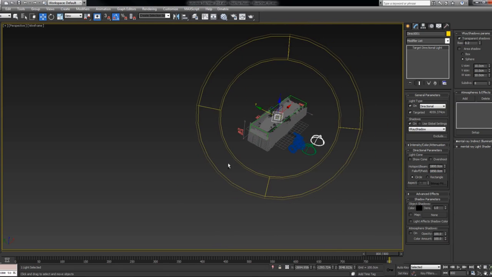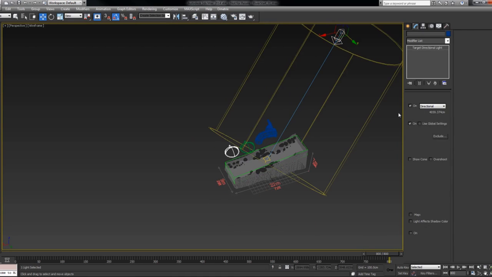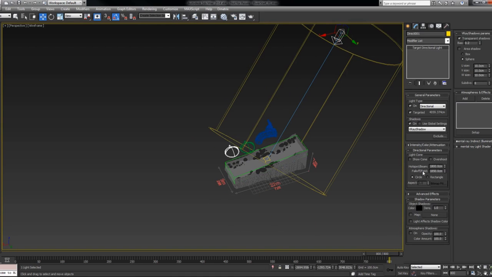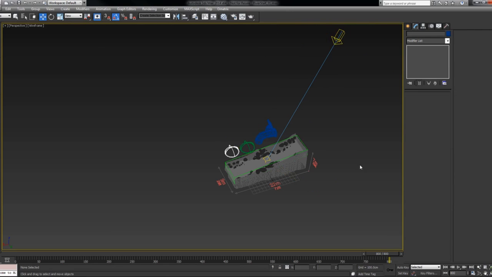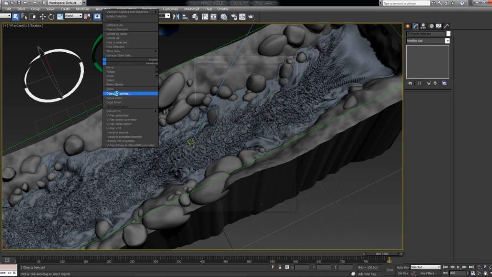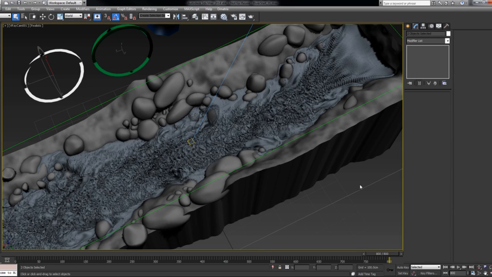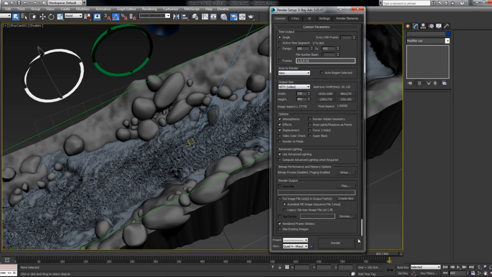Okay, so that everything is catching light. And I will also go here to the shadow parameters and turn on the atmosphere shadows. So I'll take a look from the camera. Before I hit the render button, I'll select the foam and the splash shaders, and I'll turn them off from rendering for now. I'll switch them back on later, and I'll open up the V-Ray properties and switch to the